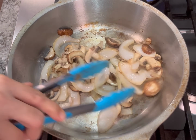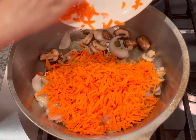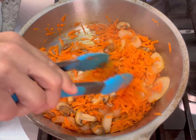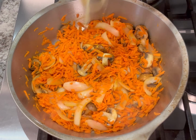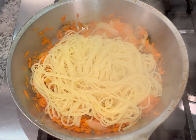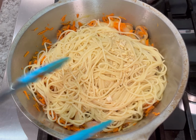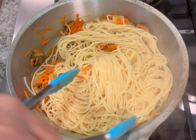Then I added the mushrooms and sauteed those for 5 minutes or until they were nice and soft. Then added my shredded carrots and sauteed those for 2 or 3 minutes or so. Then I just added my cooked spaghetti, the crispy tofu, and the soy sauce mixture that I made prior, and just tossed it all together and cooked it for another minute or two until everything was heated through,